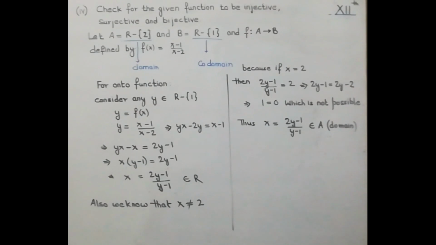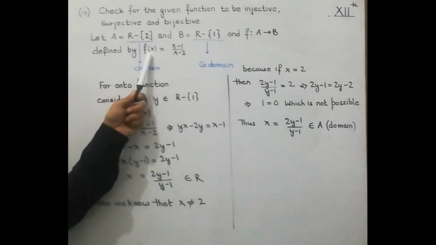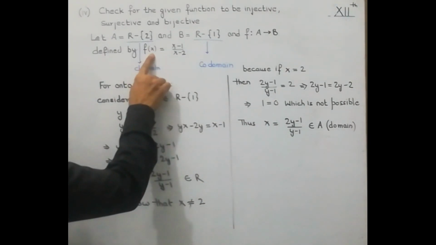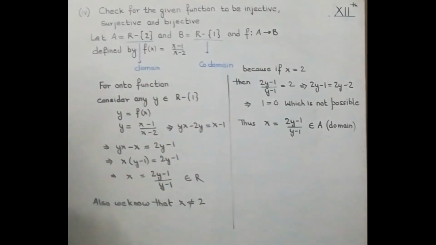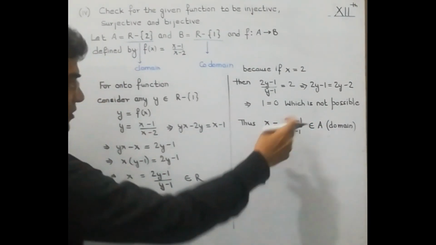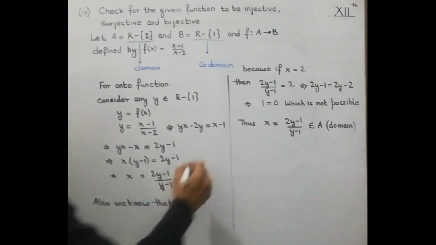Okay, now after this what do we have to do? Now we have got the pre-image in terms of the image. Now we know that in a function, if x is substituted over here, we get y. So let us substitute x over here, and the result should be equal to y. So you substitute. So x is equal to this, which belongs to A, that is, which belongs to the domain, such that, now let's substitute.